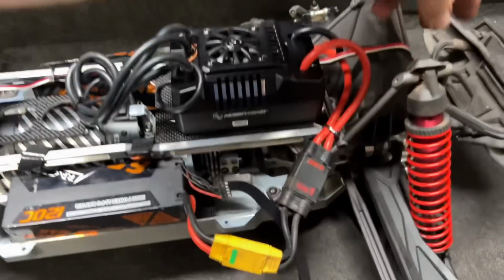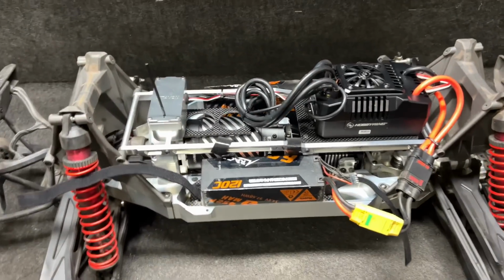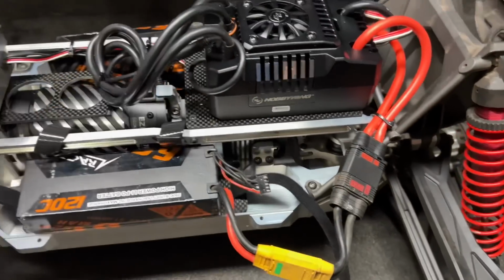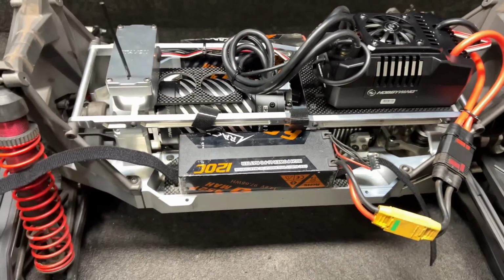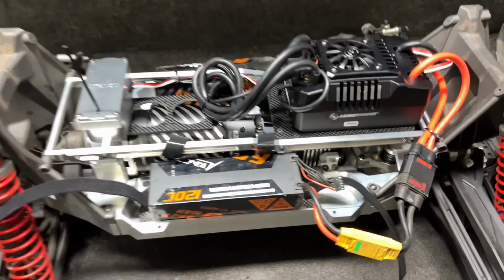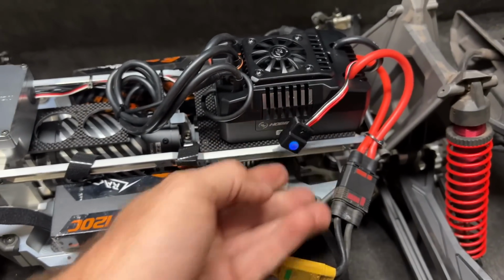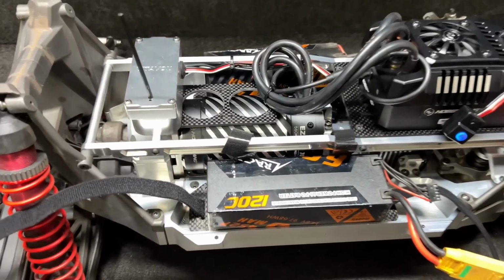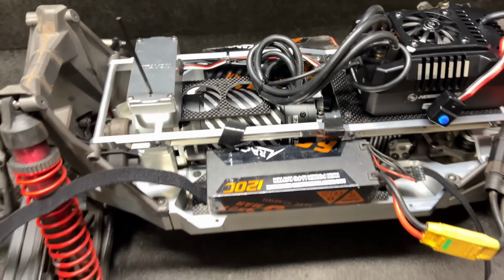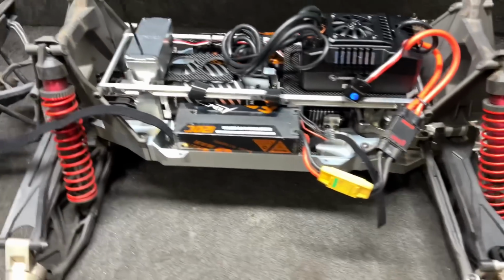Ooh, I haven't gone into the ESC to change the parameters or any of that. It's just simply bolted in, and I've got some adapters and all that going just to power it up. Only on 8S because I want to at least get a table run for this video, which was all about the install. I wish it would give the 8 beeps or 12 beeps or whatever. But anyway,